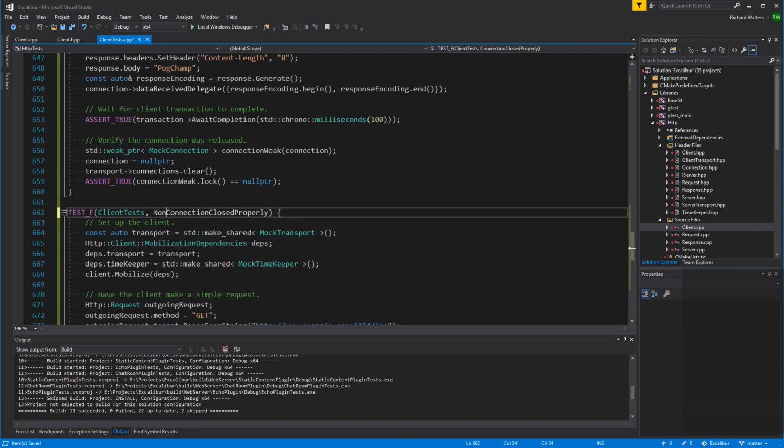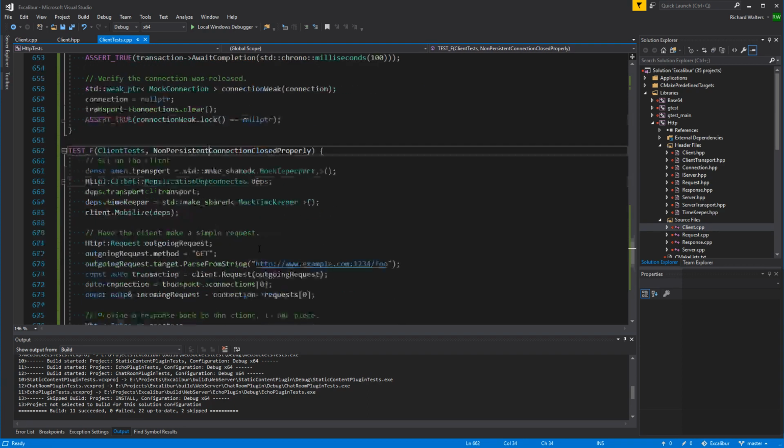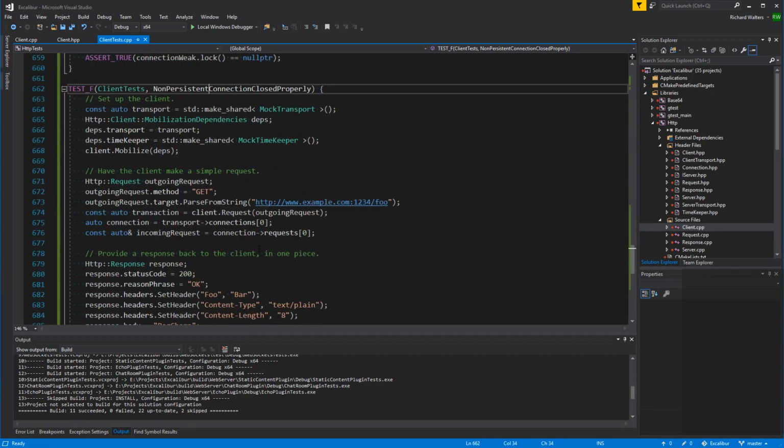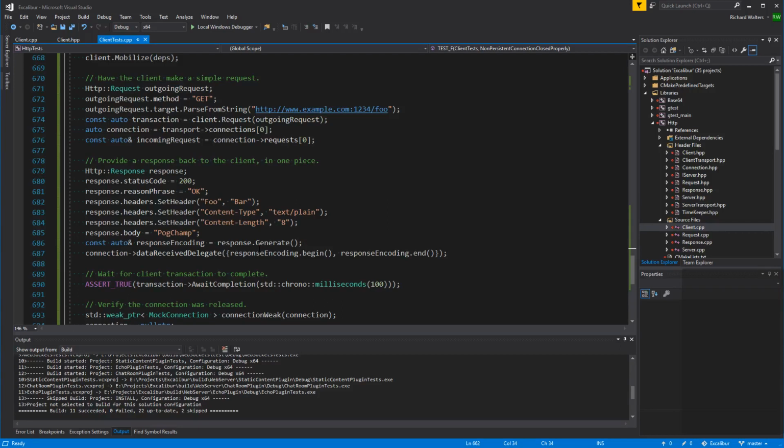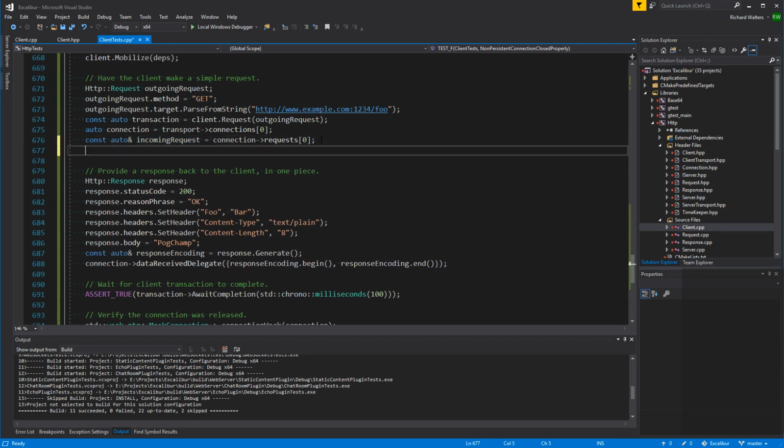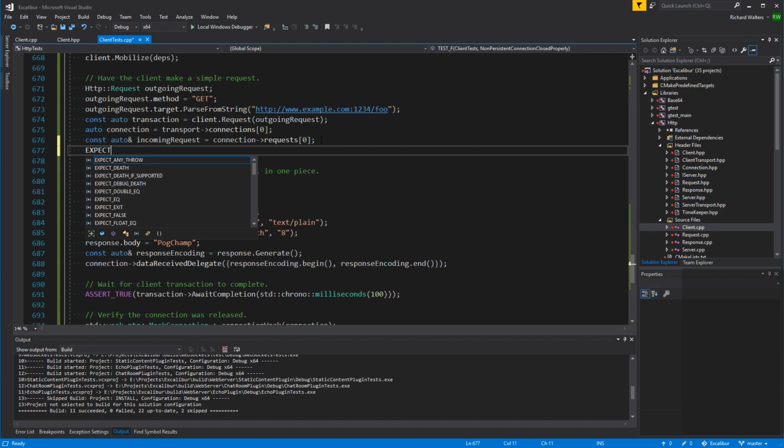And we'll say it's a non-persistent connection closed properly. Set up the client, have the client make a simple request, provide a response back. Actually, before we provide the response back, we'll look at the incoming request and we'll expect, or really assert,